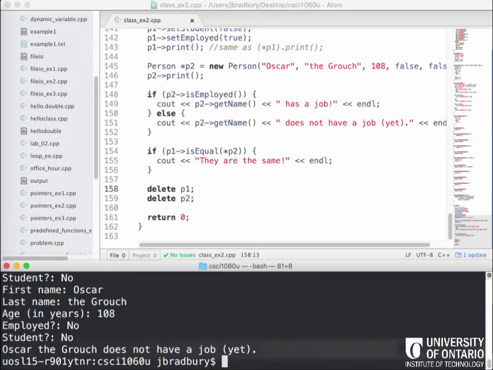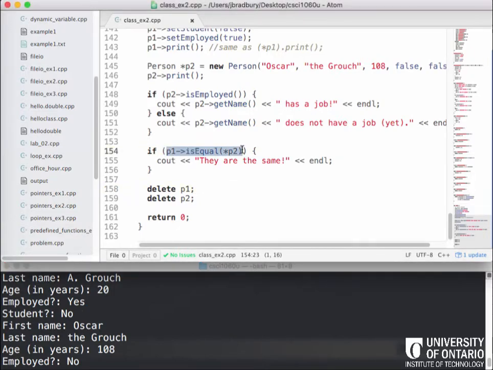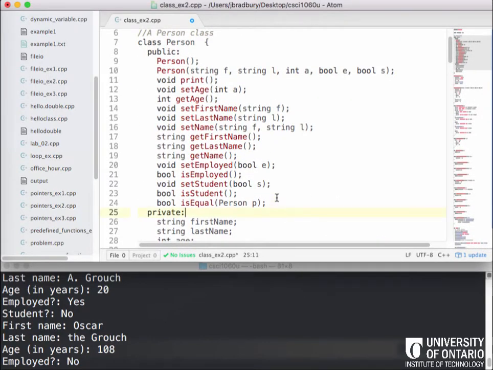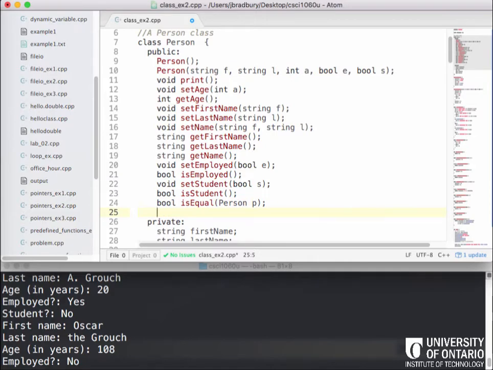Now, the thing is, of course, what I'd really like to be able to do is this. I'd really just like to be able to say, hey, is person 1 equal to person 2, with the operator double equals, right? Because that's what we would do if it was strings or anything else. So what we're going to do is overload that double equals operator, which has a meaning when we're using integers, strings, bools, floats and other things. We're going to now give it a meaning when we have a person object on either side. So if we go back up here, how would we actually implement this? Well, it turns out this is one of those things where you have to know what the definitions are for operators, but I'll give it to you. So one of the things we can do here is we can do